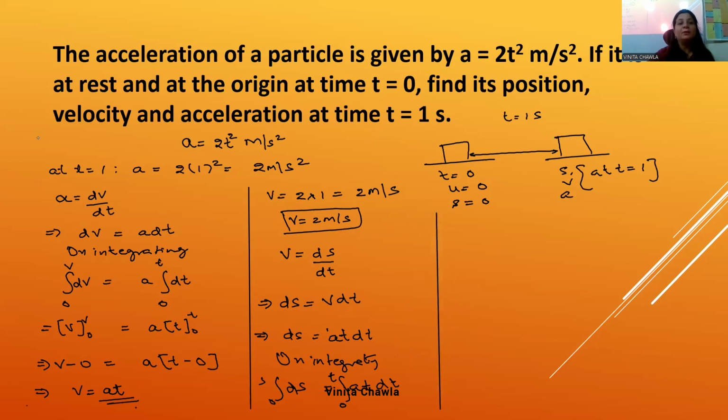No, a will not come out, child, a will come out. It's s minus 0 and here we have a. T square by 2 will come. T square by 2, again put the limit 0 to t. So it's s is equal to half a t square. Now put the values. Acceleration is 2 and t is 1. Displacement is 1 meter. This is how